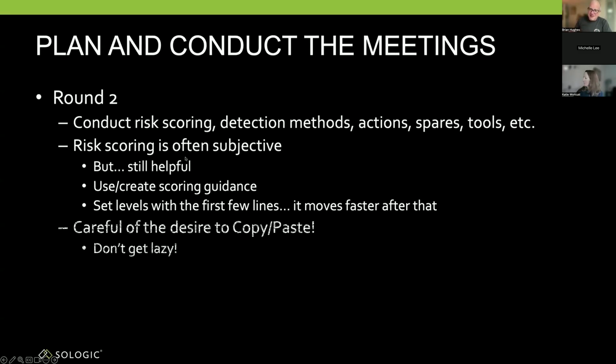Michelle, I see the time, so it is a deep subject, but I'll get to this point here pretty quick. I want to be very careful of the desire to copy and paste. I don't want to get lazy. That means I've got a bearing in my wheel, but I also have a bearing in my bottom bracket and a bearing in my headset. Those are different. They're all bearings, but they are different, and I can't just copy and paste bearing all the way across